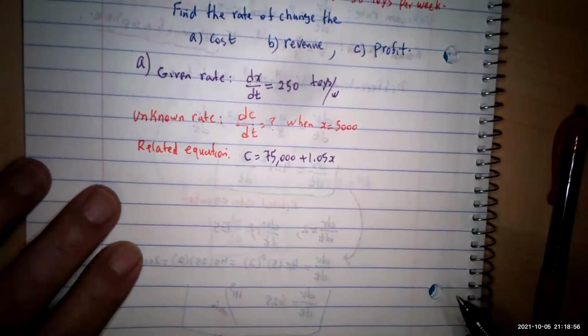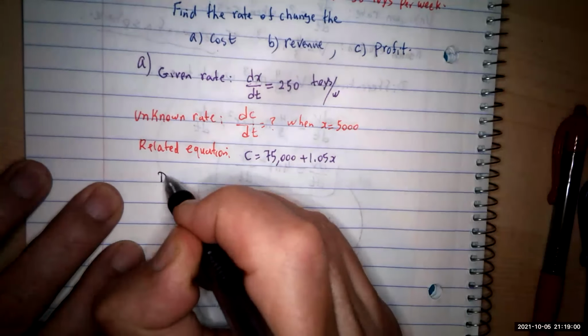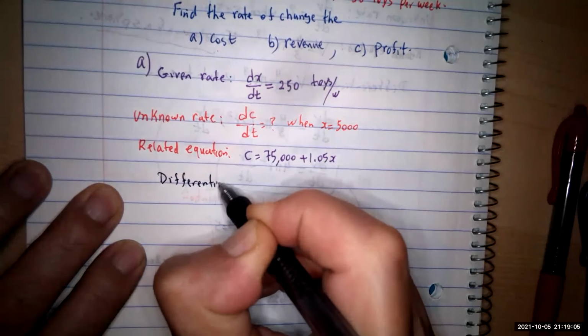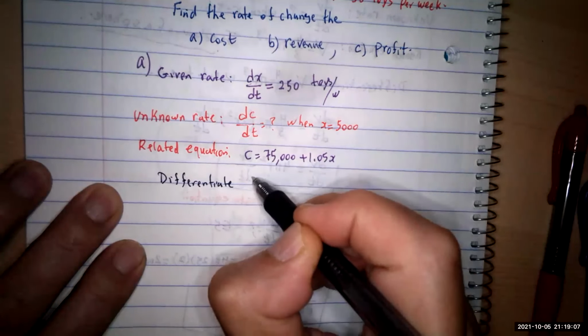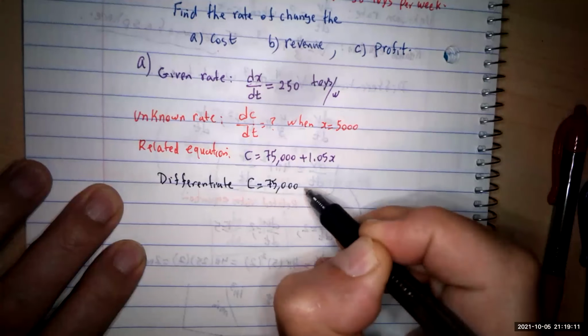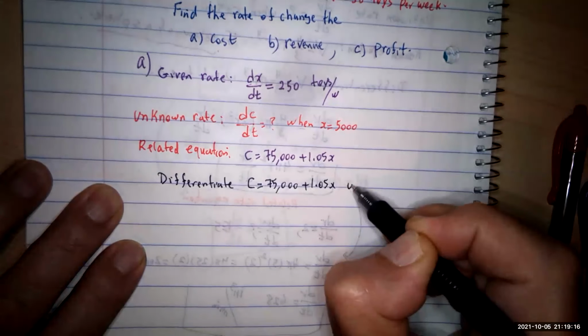Easy differentiation. I just remind you, I am going to differentiate this equation, C equal to 75,000 plus 1.05x, but remind myself with